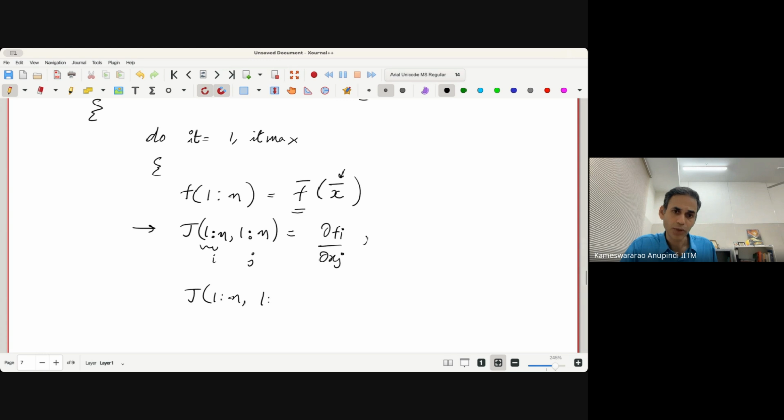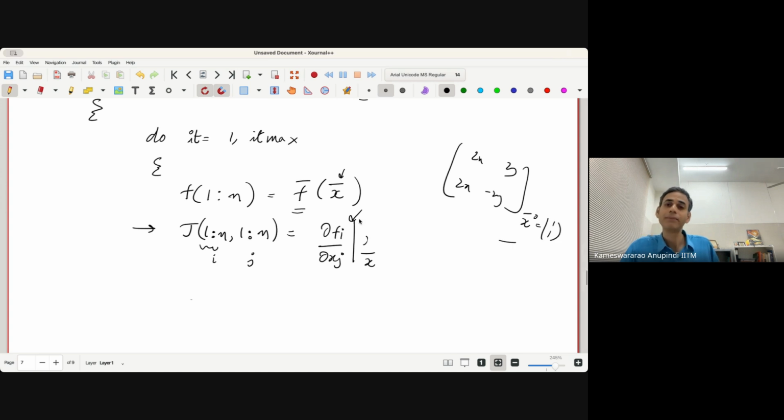That means 1 to n, 1 to n. Once I calculate that, I'm going to evaluate what is J at that x bar, right? That is my x bar of 0. This is similar to your 2x, 2y, 2x minus 2y, right? In this, I'm substituting for x bar of 0, that is 1 comma 1. Then I'm going to get numerals for this Jacobian, and that is what I'm storing in the J here. So that means I now have what is f and what is J. Then I can solve